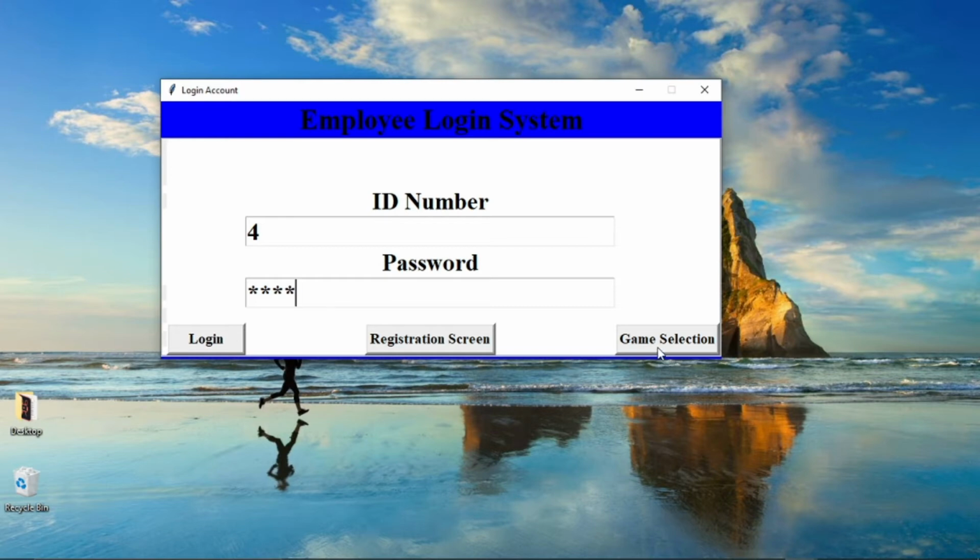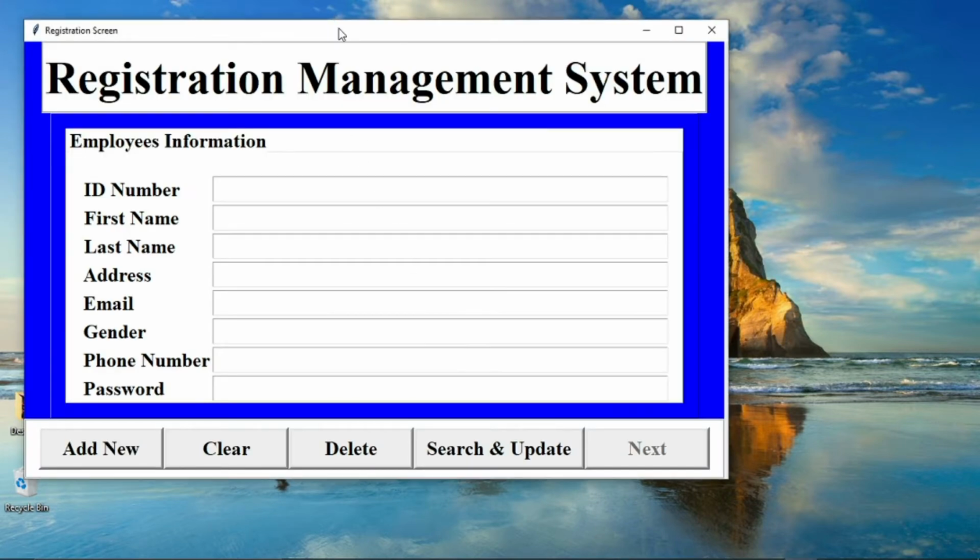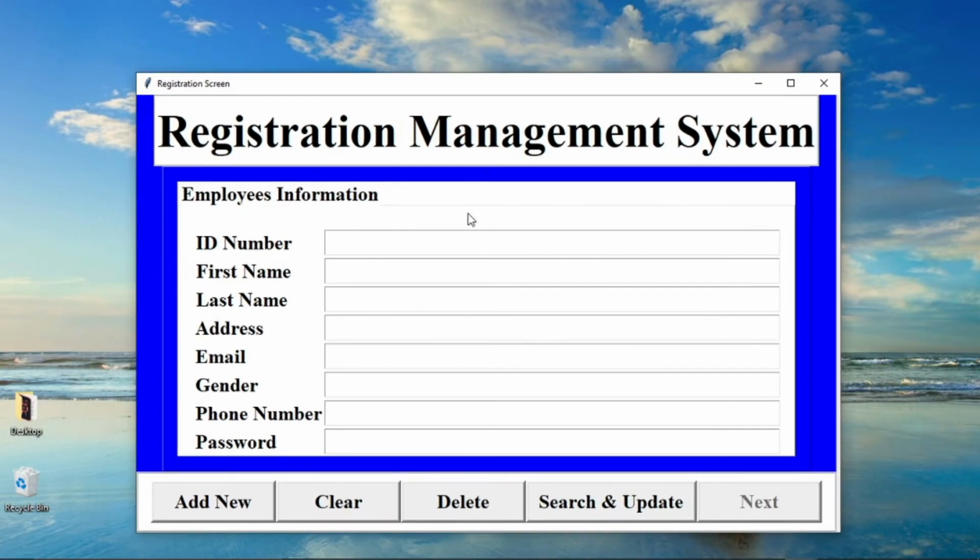You can choose to go to the game selection right away, or you can go to the register screen to make some edits to the personal files. We go to the register database management system for now, and here we just add a new employee. We can use tab to go to the other entries,